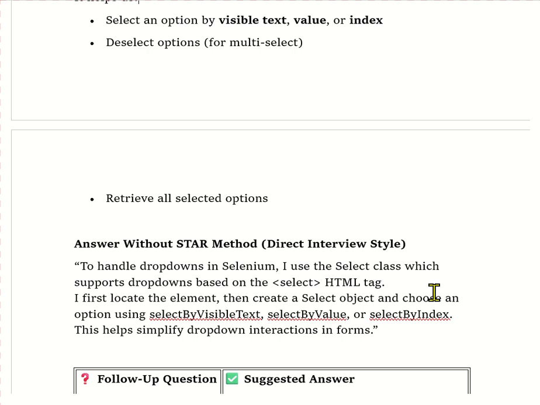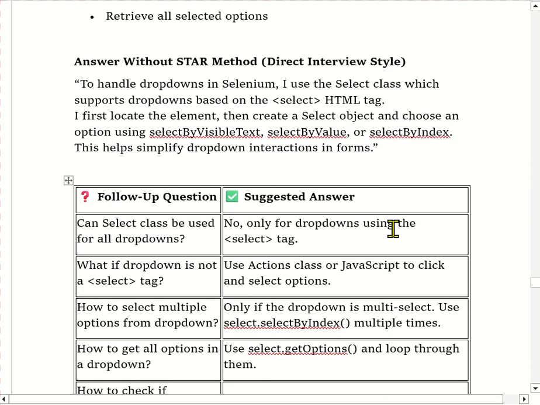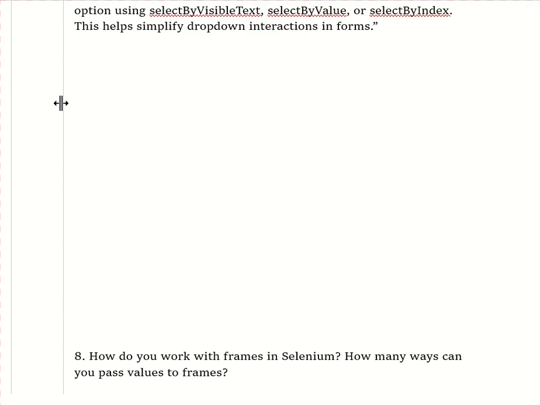Means in the Select class, to select the drop down element we can use selectByVisibleText, also we can use selectByValue, also we can use selectByIndex. So in this way you have to explain this question in the interview. Pause the screen and see, these are some follow-up questions regarding the Select class, and we will see them one by one. That is, can the Select class